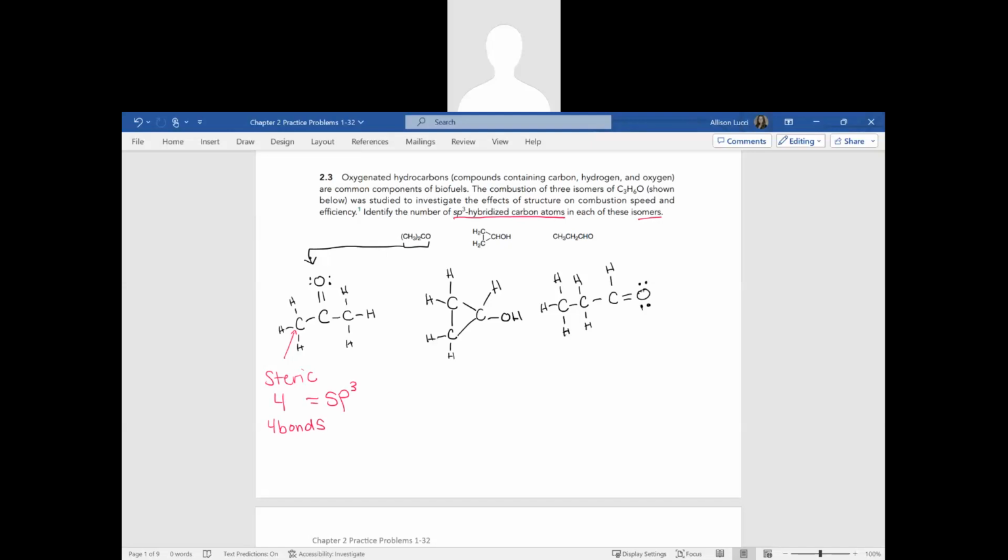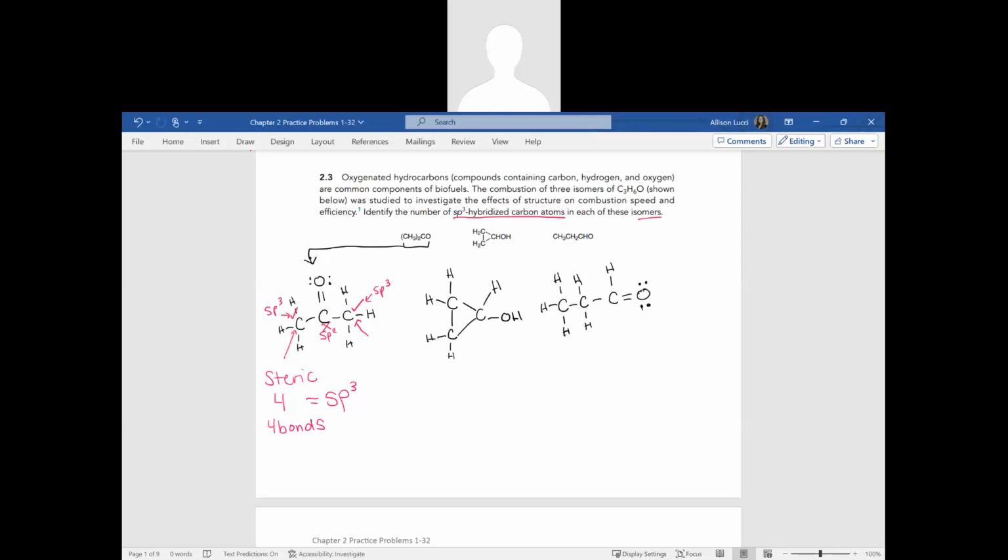All right, so this one would be a yes. This is sp3 hybridized. What about this carbon in the middle of this structure, this carbonyl? So this has a steric number of 3. So this would not be an sp3 hybridized carbon. This would be sp2. And then this carbon over here is also demonstrating a steric number of 4. So this would also be sp3. So we have 2 sp3 hybridized carbons. This one also over here. All right, so let's take a look at our